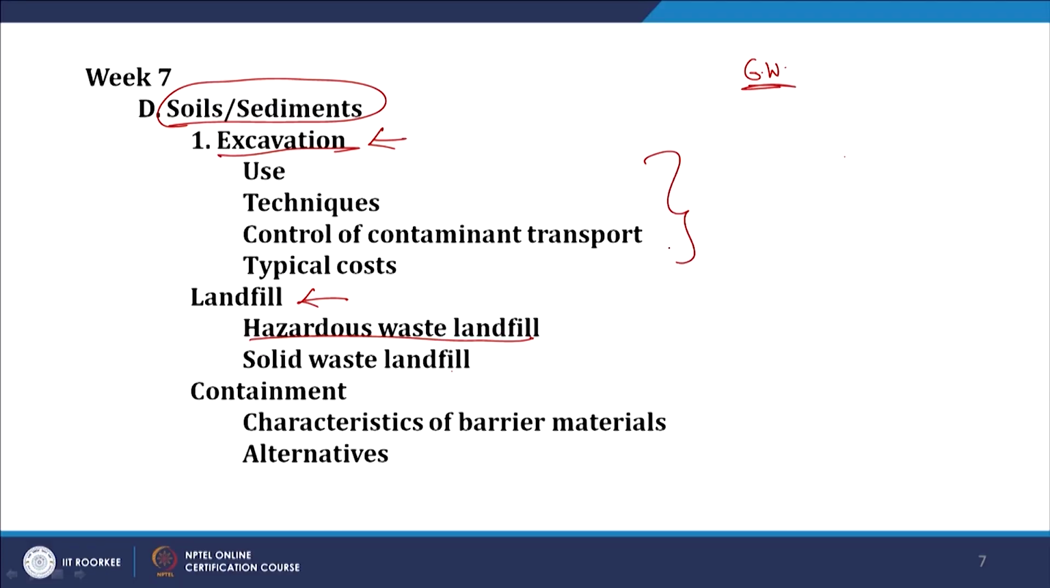Again excavation, so again we are going to look at the relevant costs, and then with respect to landfill we are going to look at in relatively greater detail with respect to the two kinds of landfill that we have out there. So, one would be the TSDF or hazardous waste landfills. TSDF is the term given to the hazardous waste landfills in the Indian context, and obviously the solid waste or municipal solid waste landfill, and we are going to give greater emphasis to the designs required with respect to the